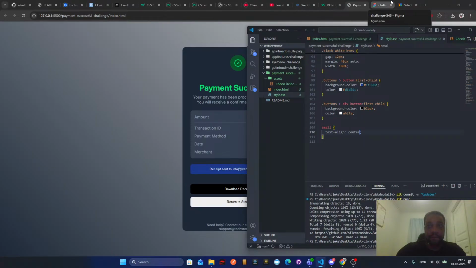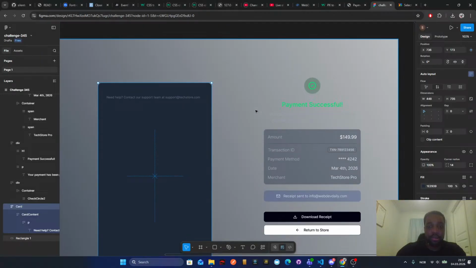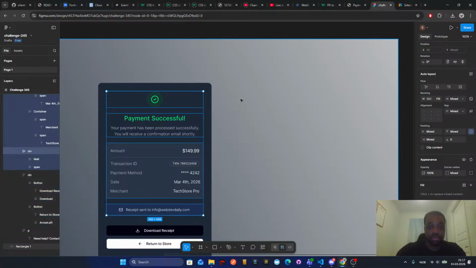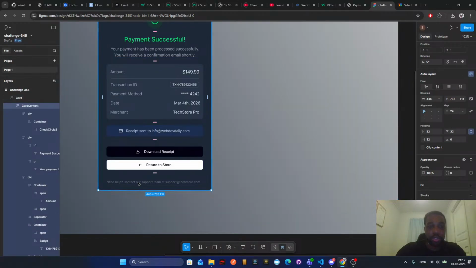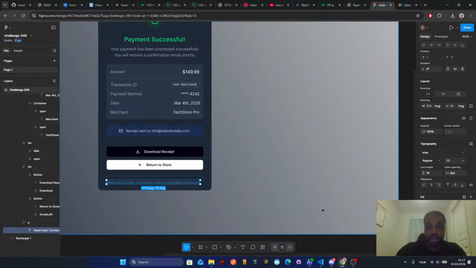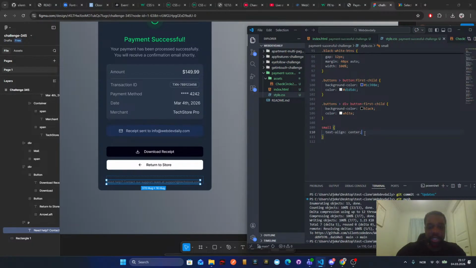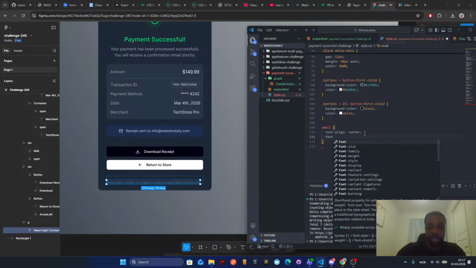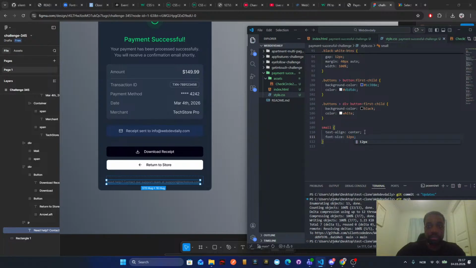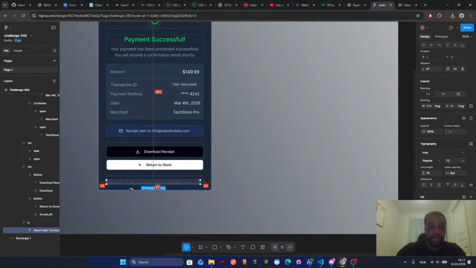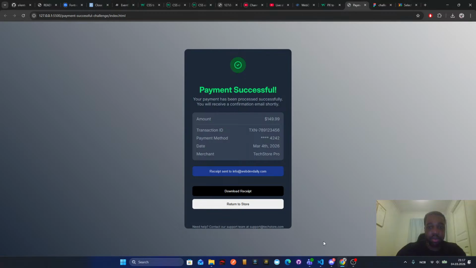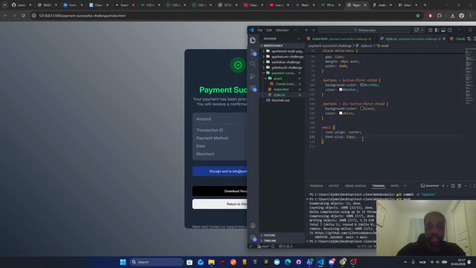And yeah, it needs to be in one line though. So let's just specify it. I'm just gonna say font size 12 pixels. And yeah, I don't know why it didn't apply to that one, but we're gonna say